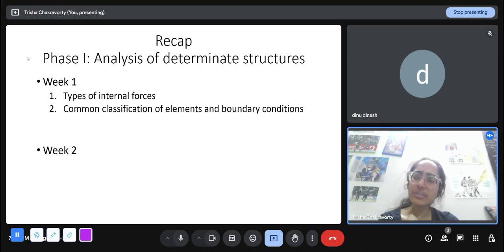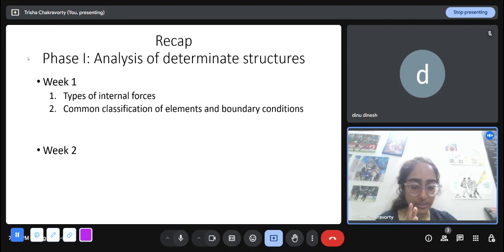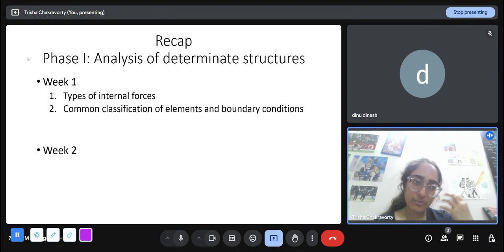Torsional moment we generally ignored in this course because it is something that we generally do not allow in a structure. If a building undergoes torsion, we would do something to eliminate it, while axial force, shear force, and bending moment we actually design our elements for. So we accept that these kinds of forces will develop in my element, and I have to give a cross section large enough or a material strong enough to withstand that.